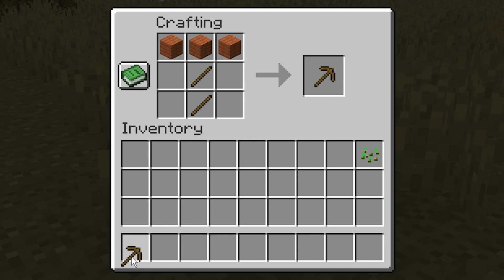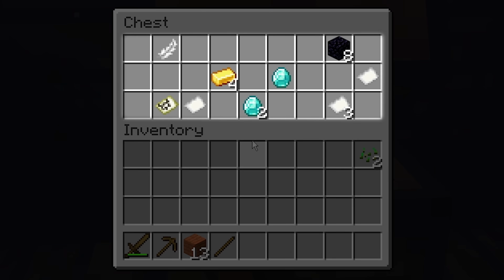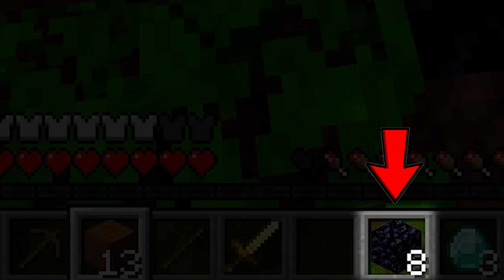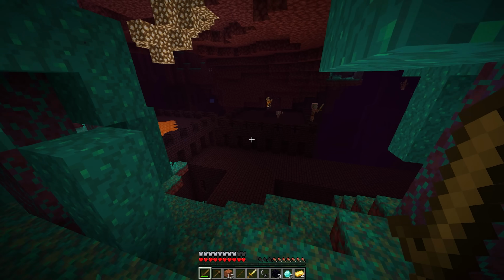This next speedrunner starts off by mining wood and crafting some tools, where he then finds a nearby shipwreck where he finds some pretty good loot, except for the fact that it's impossible for obsidian to spawn in a shipwreck chest. He then uses the obsidian to complete a nearby ruined portal, where he spawns in right next to a